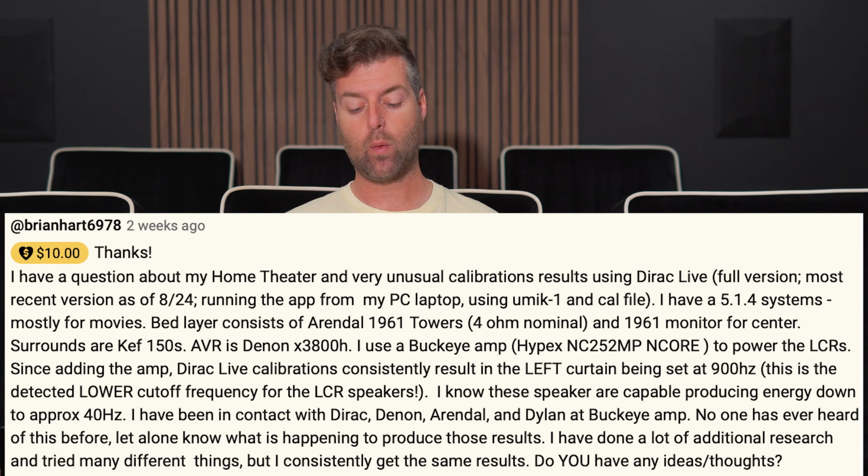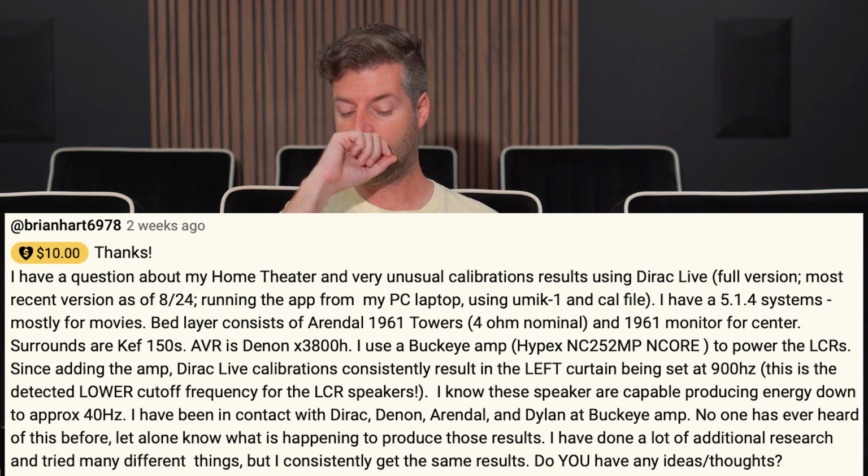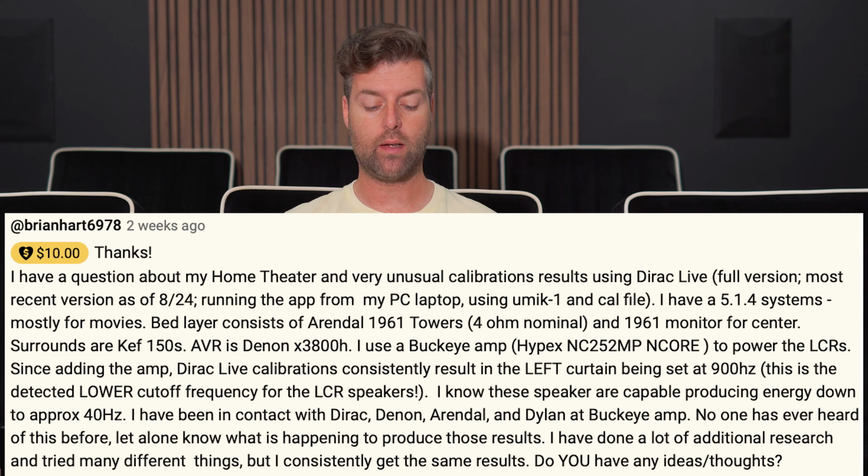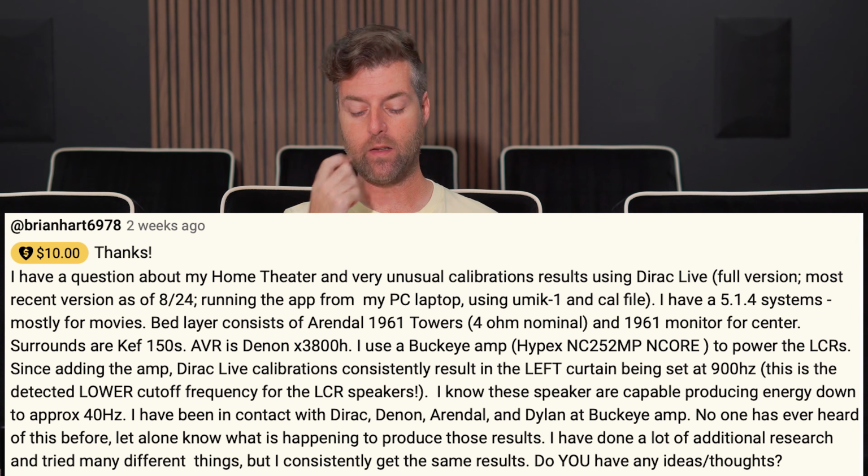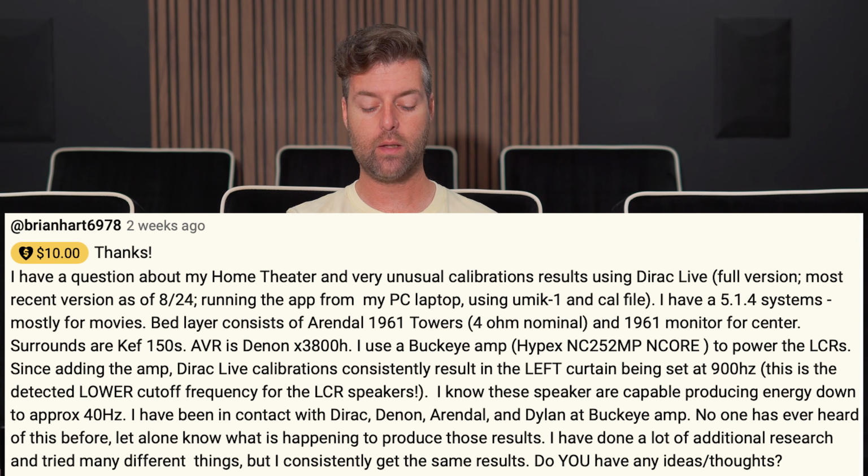You said, thanks. I have a question about my home theater and very unusual calibration results using Dirac Live. It's the full version, most recent version as of 8/24, running the app from my PC laptop using a UMIK-1 and a calibration file. I have a 5.1.4 system, mostly for movies. Bed layer consists of Arundel 1961 towers, 1961 monitors for center, surrounds of the KEF 150s,